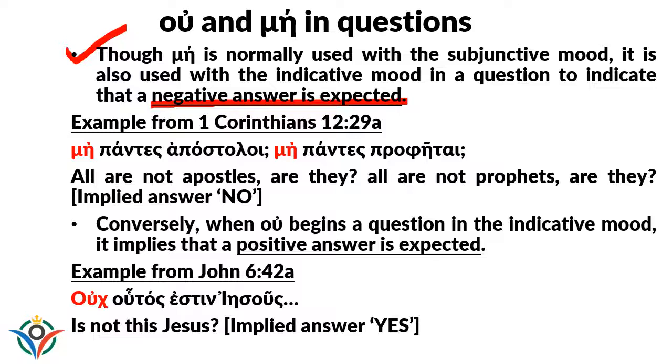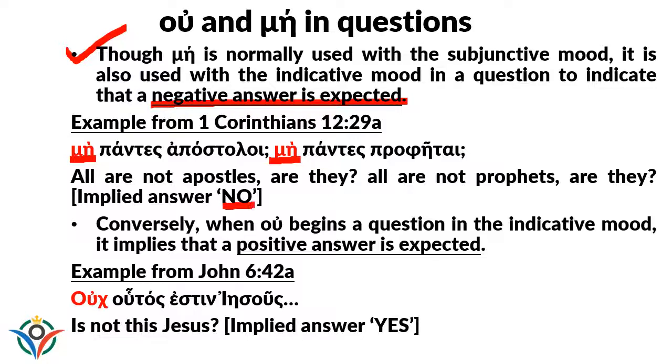So you see Paul writes here, me pantes apostoloi, me pantes prophetai. So we could translate this as, all are not apostles, are they? All are not prophets, are they? Now Paul doesn't give us the answer, but because he uses me with the indicative, the implied or the expected